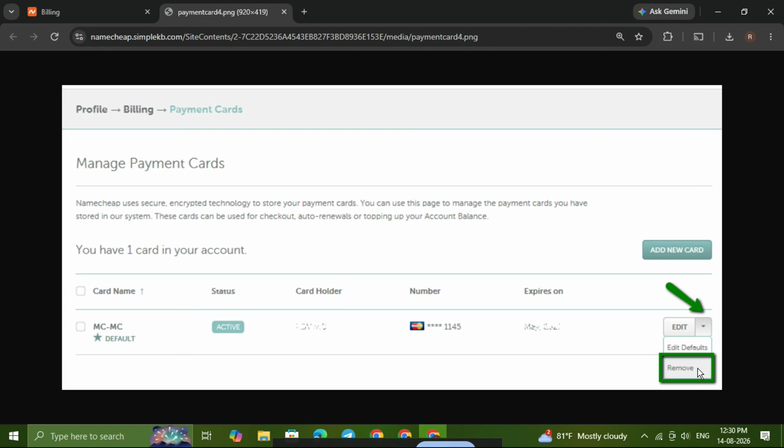Namecheap may ask you to confirm the removal, so make sure you review the prompt before finalizing it. After you confirm, the card will be deleted from your saved payment methods. And that's it. You've successfully removed the card from Namecheap. It only takes a minute once you know where to look, and now you know exactly how to do it